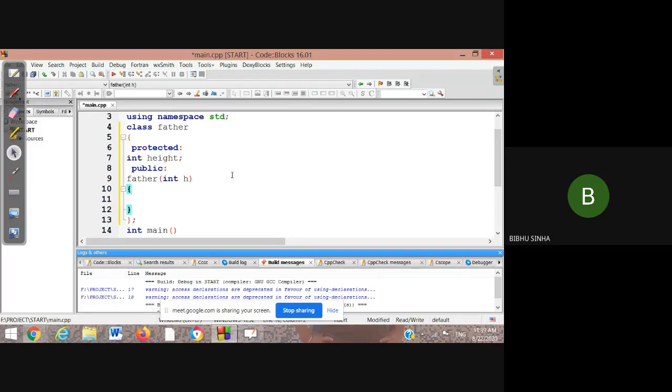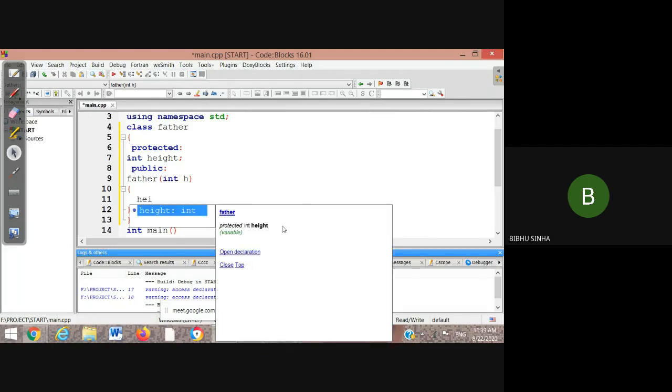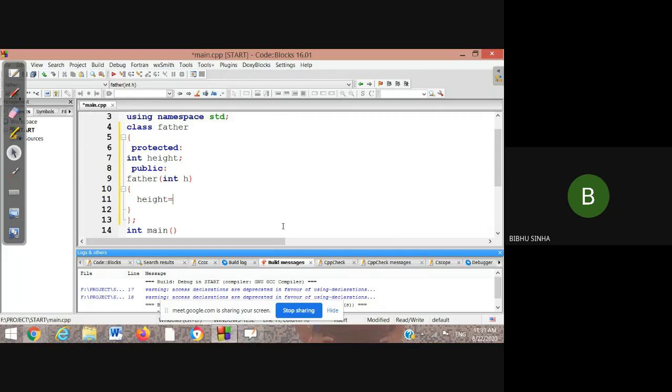And why am I taking the constructor? Because I have protected data, so I have two ways. I can create a method and set the data into the public mode with the help of our method. In the second way, I can set this protected data into the public mode with the help of a constructor. So here I am assigning this height. Means h we are going to assign onto the height. That means the protected data is here, but we are going to copy h onto this height. That means we are not accessing this one, we are going to access this data. Clear? That is the purpose.